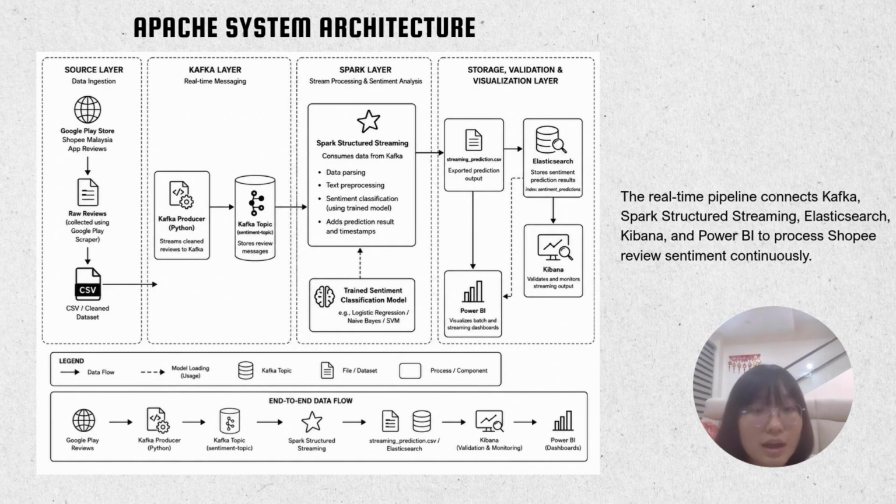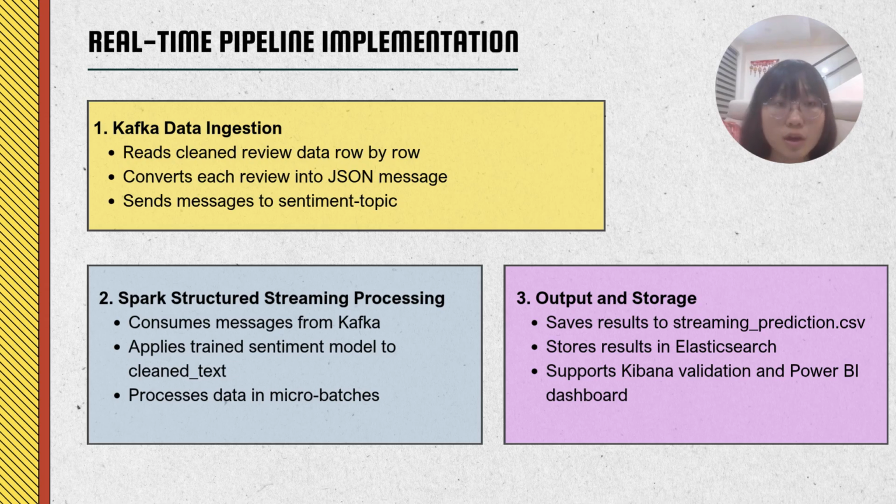And Kibana is used to validate and monitor the indexed streaming records, while Power BI is used for dashboard analysis and comparison. So this architecture shows how the system connects data ingestion, real-time processing, storage, and visualization in one complete pipeline. So for the implementation, my part focused on building the real-time pipeline using Kafka, Spark Structured Streaming, and